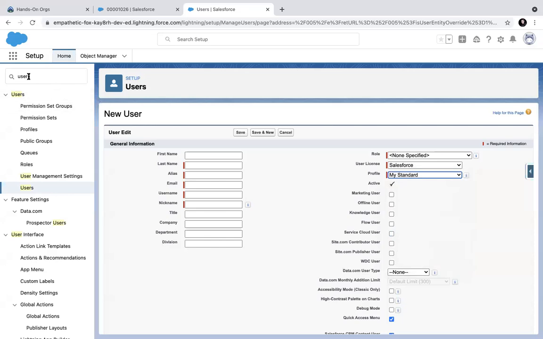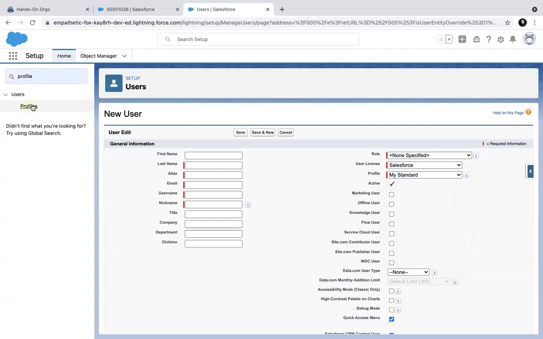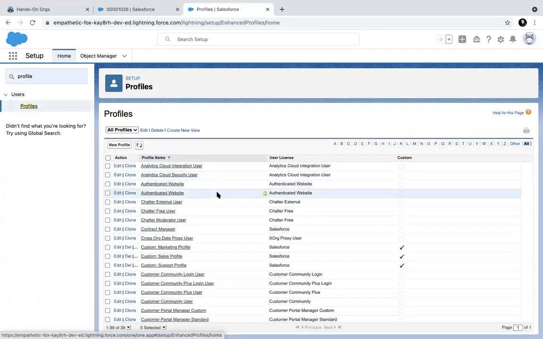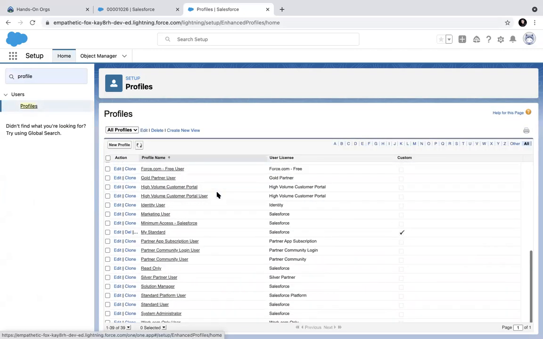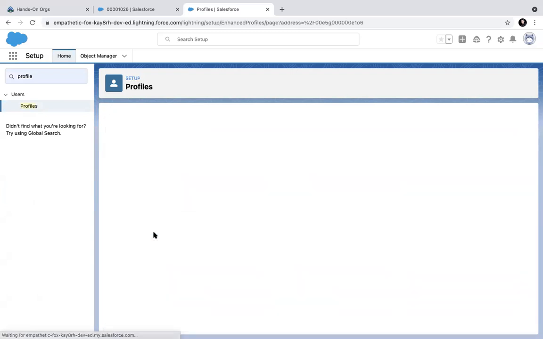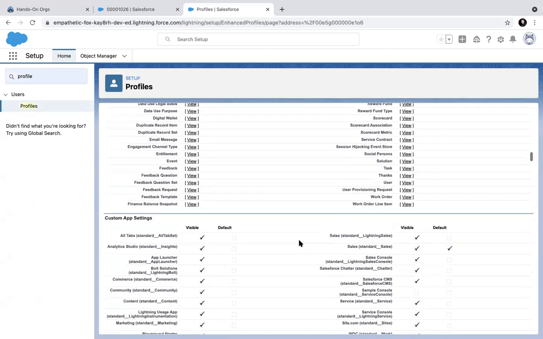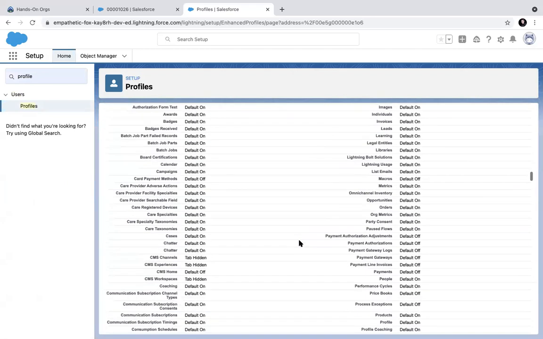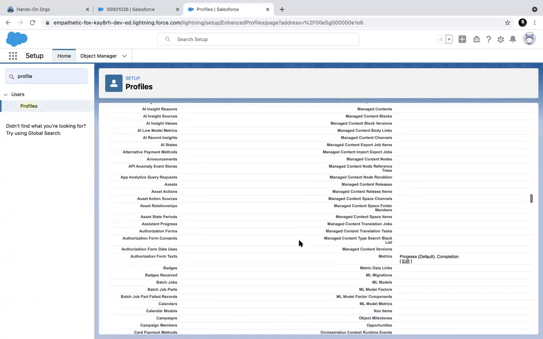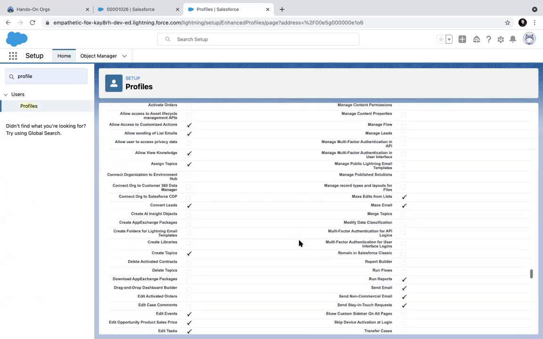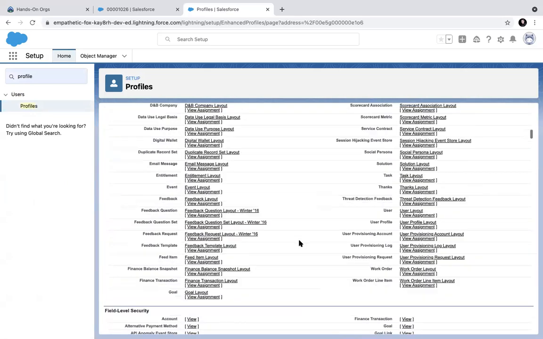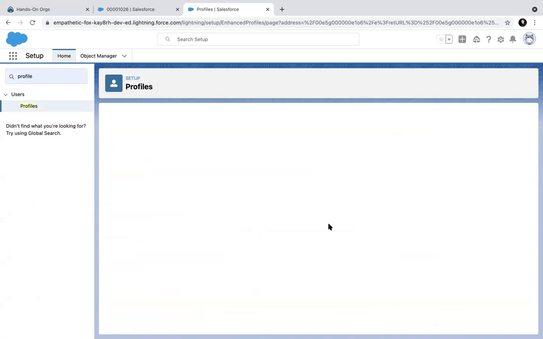Clear? So what is this profile all about? Let's see this profile in detail. There are many things. We'll not go into the nitty-gritties of everything, but the crucial part is OWD, which we want to discuss first. So the object level security, OLS. Let's edit this. It is very important.